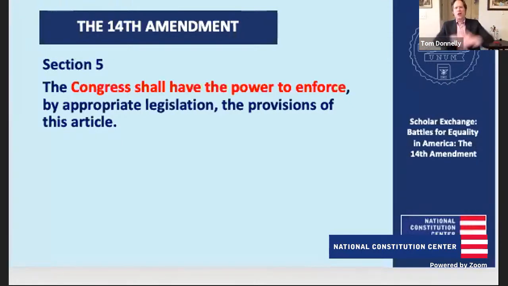Now, I don't want to mislead. This doesn't mean that suddenly national government is all powerful. But what it does mean is that we're saying the national government, we've made the judgment after the Civil War, the national government needs to do more to make sure that slavery is in fact abolished, to make sure that freedom and equality are protected nationwide, and to make sure that we really do ban racial discrimination in voting. And so, Kerry, the big idea here,